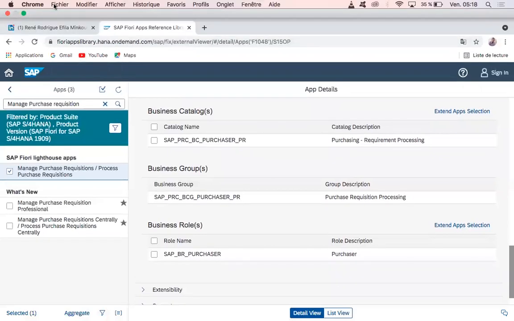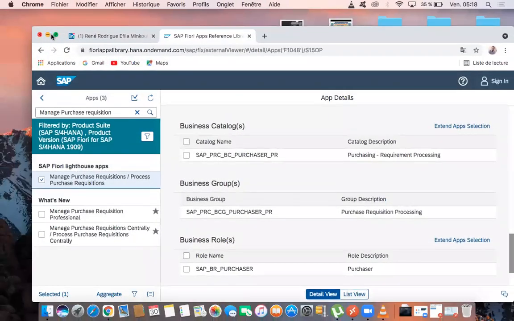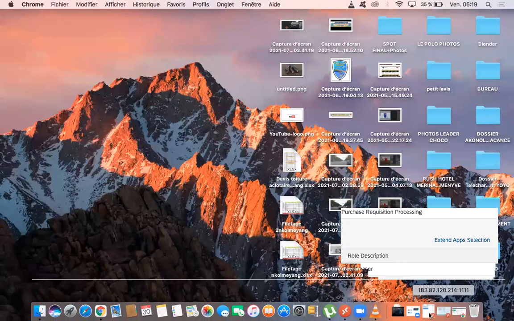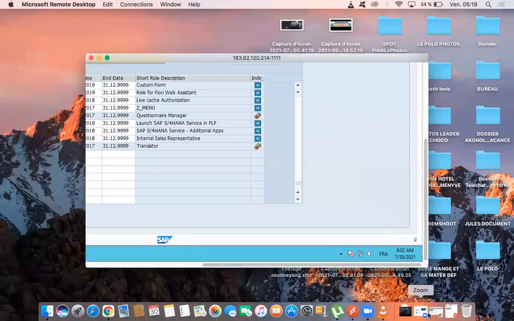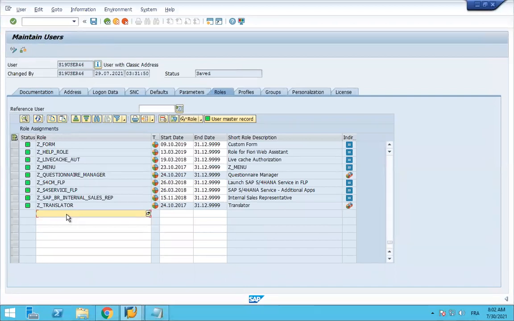Go back in the system, and then add our role.